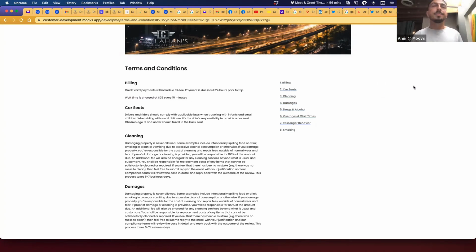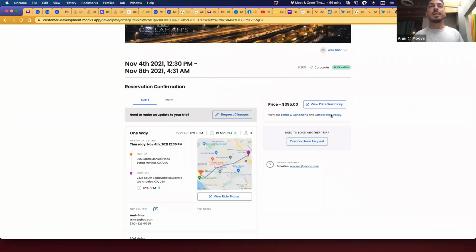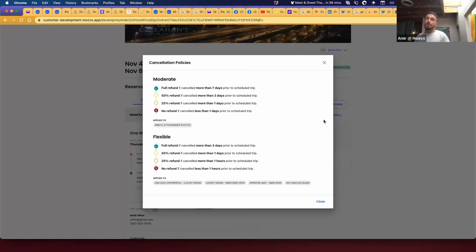Okay, cool. And then again, for cancellation, I love this. Very customer friendly. A customer can see how the refund policies work. So if I'm looking here and I booked the Gretsch shuttle, it shows that I would get no refund if canceled less than 1 day prior to the scheduled trip. I would get a full refund if canceled more than 7 days prior. You can set these settings in your app, so there's no way for a customer to miss it. The information is here, they see this, and they just click it.